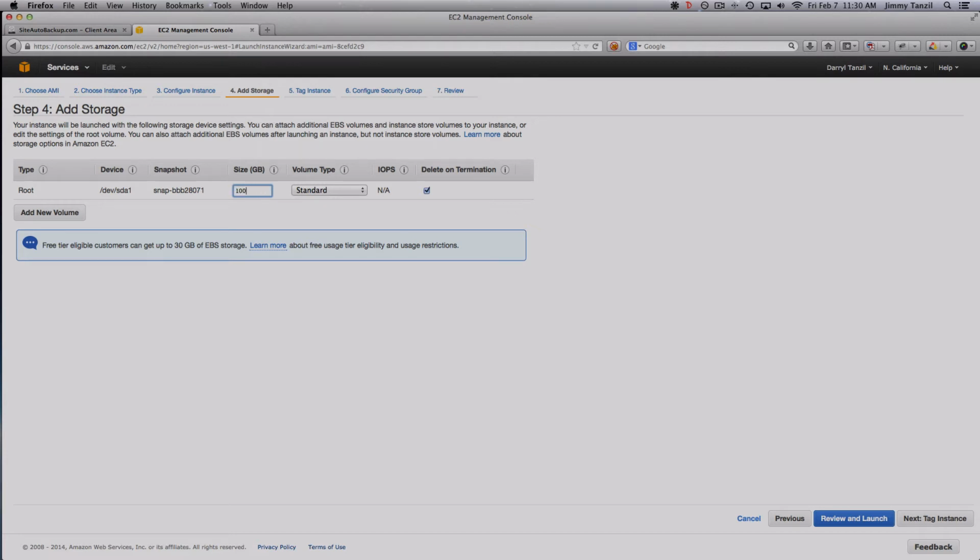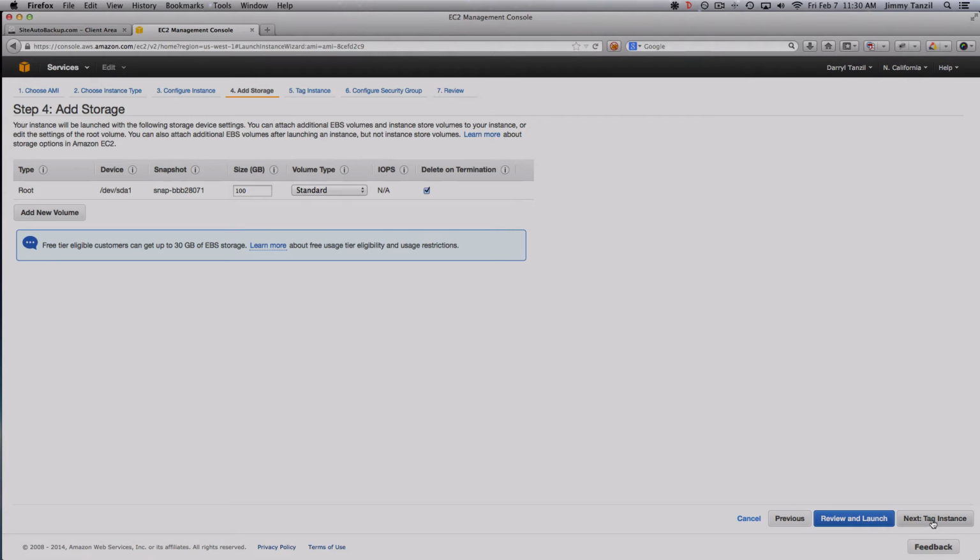All right, the cost is different for each region. North California price and Oregon price is different. I think the cheapest one is Oregon. Here is cheaper than North California. Other regions have its own pricing. Please feel free to look up the pricing of each region. So, but for this demo, we are not going to talk about pricing, just the technical aspects of setting the whole thing up, okay? So, here I'm going to change to 100 GB